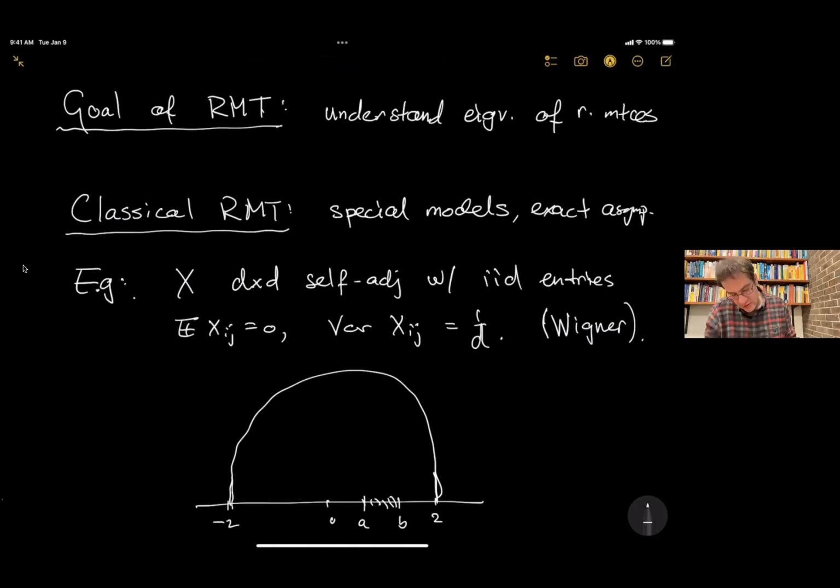But nonetheless, this was proved in the 50s by Wigner. In the 80s, it was shown that the largest eigenvalue of such matrices indeed converges to 2, and the smallest eigenvalue indeed converges to -2. These are harder results, but they are very basic in random matrix theory. But nowadays, this is just the tip of the iceberg.